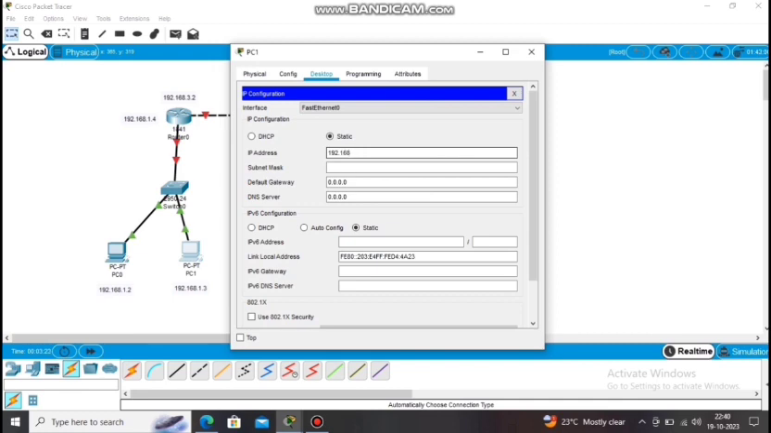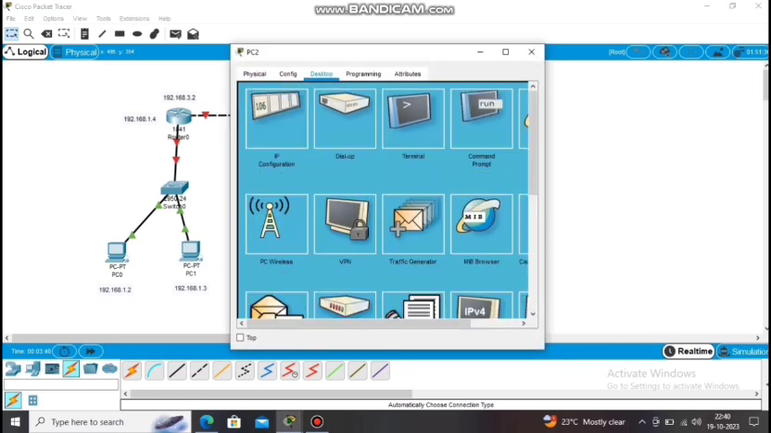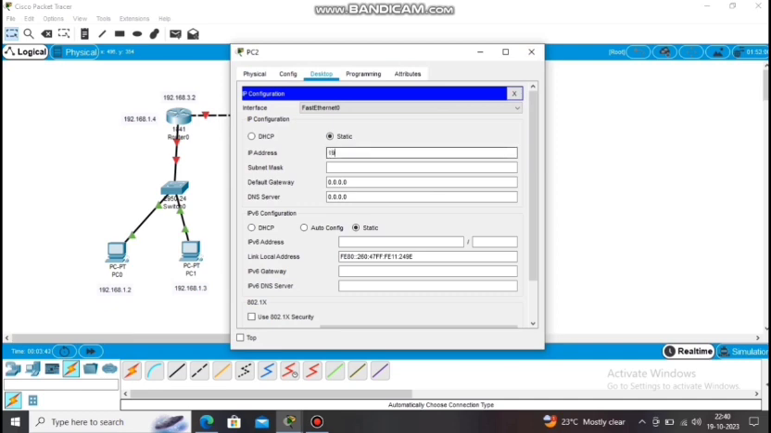click IP address as 192.168.1.3 and then the subnet mask it will take automatically. In default gateway 192.168.1.4. Now close this window, come to PC2, click on desktop, IP configuration, provide the IP address as 192.168.2.2, subnet mask automatically, and then default gateway